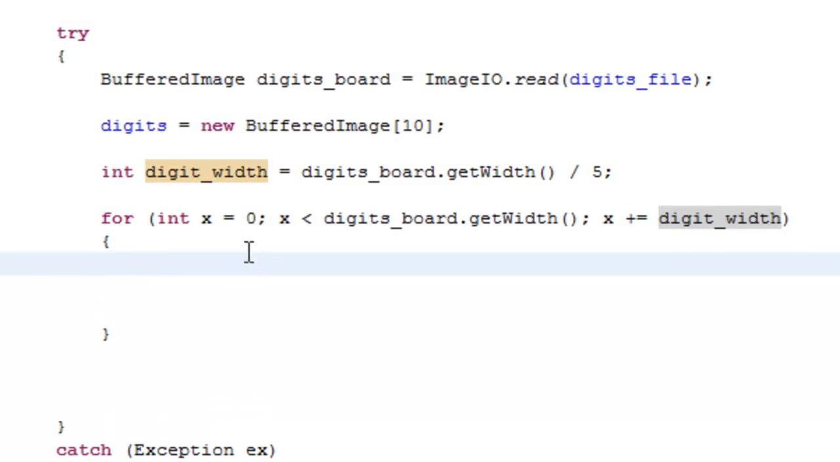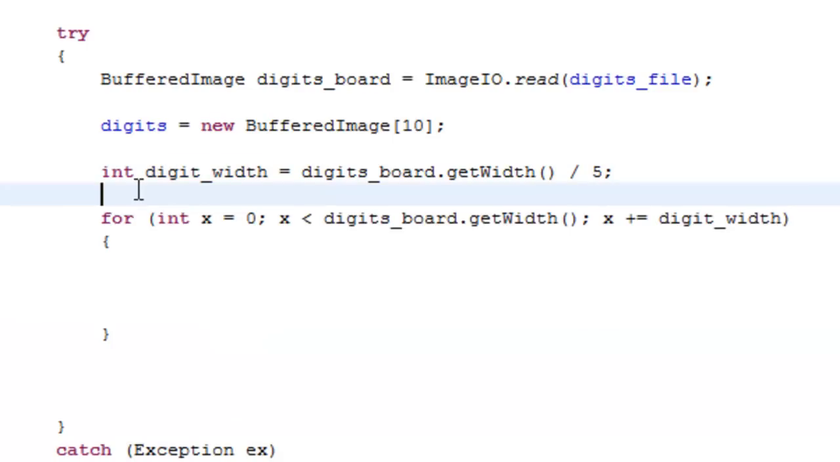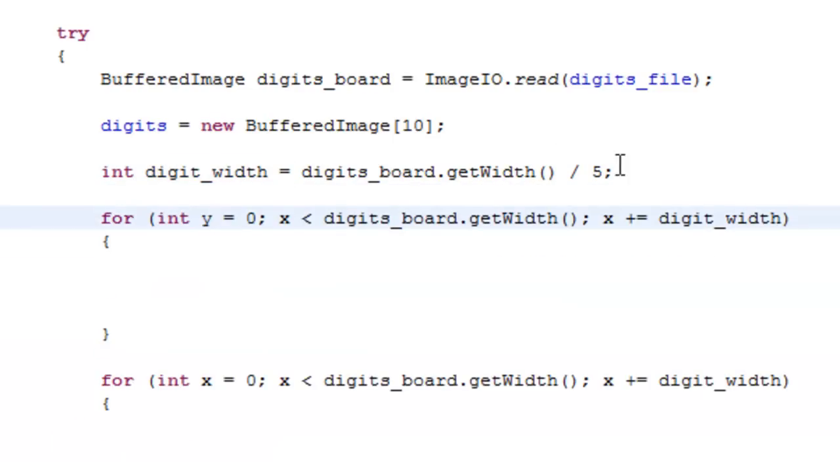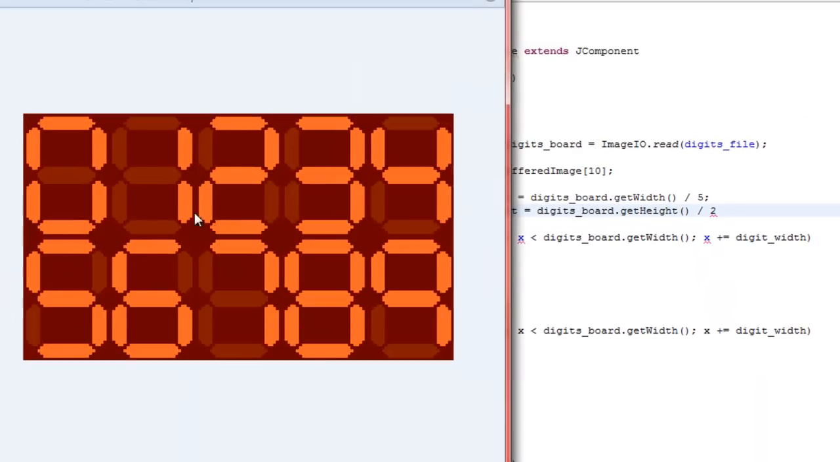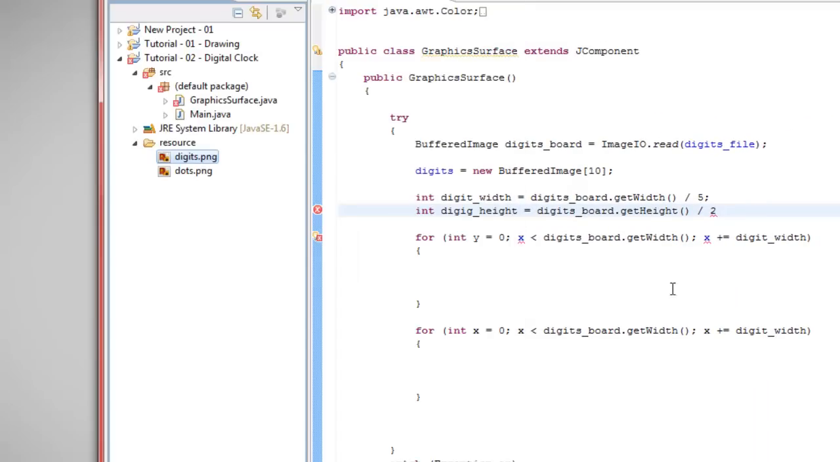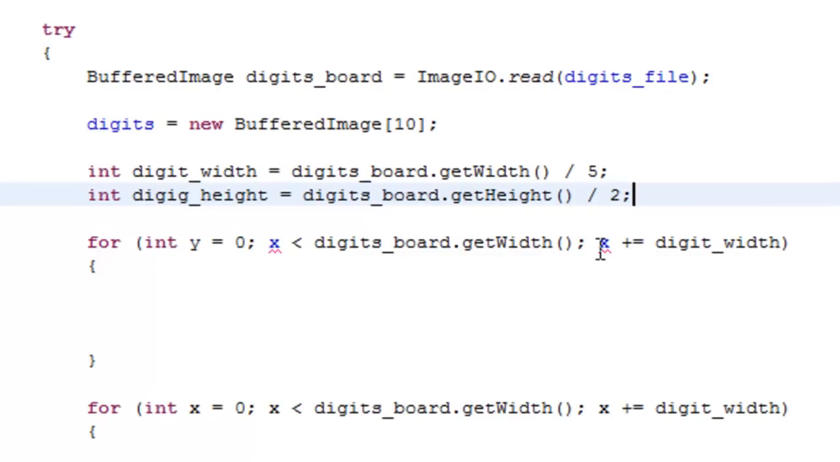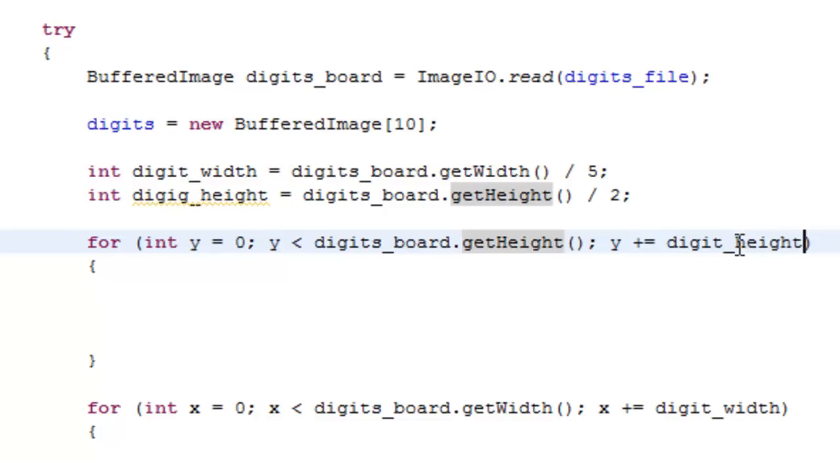So now we need another for loop for the y, and again we need an integer called digit height, and it needs to be digits board dot get height divided with 2, because we have 2 rows of numbers, and we need to close it. Then make this a y, and change this to height, so it says int y equals 0, when y is less than digits board dot get height, y plus equals